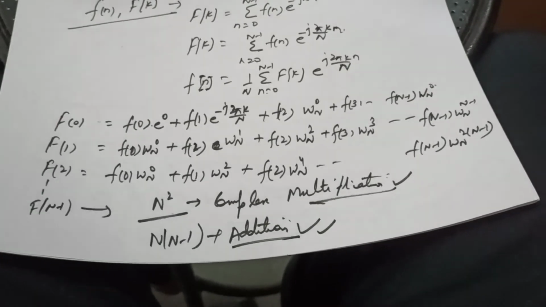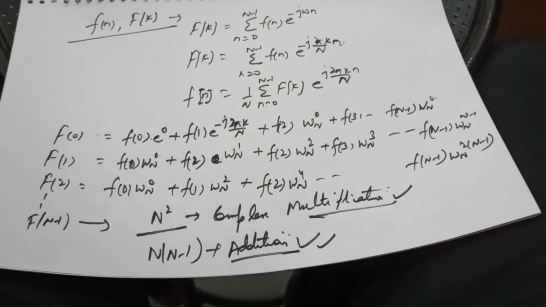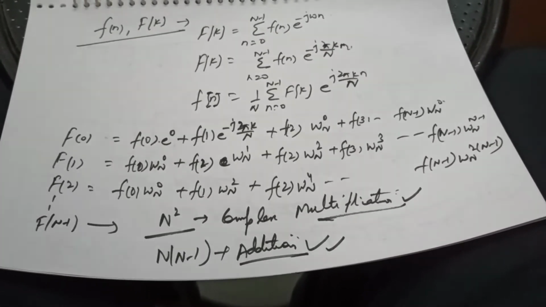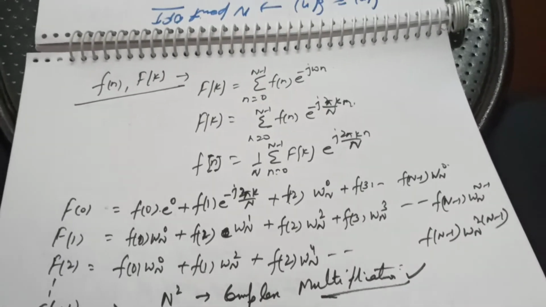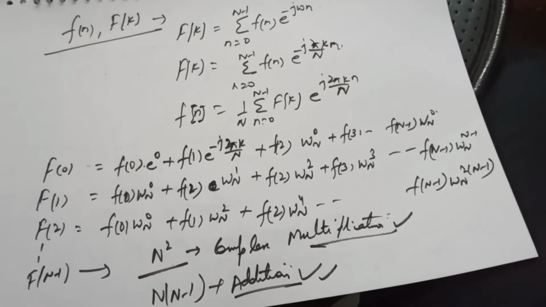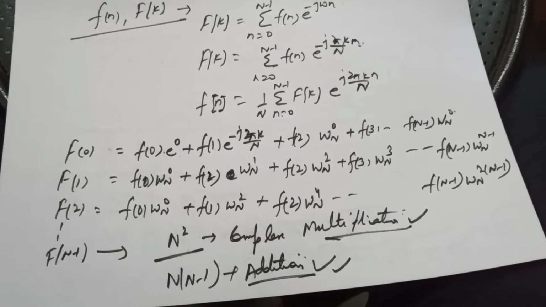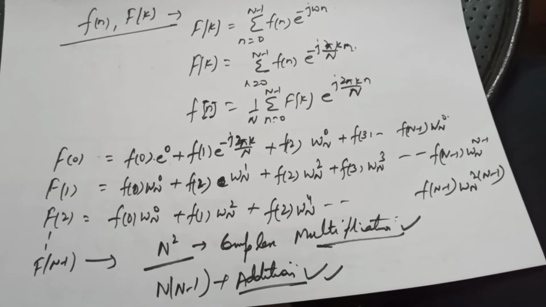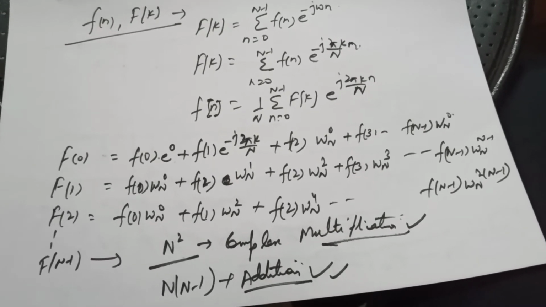Now let's move forward to the number of complex multiplications, that is the multiplications which take place while calculating the discrete Fourier transform, because in so many studies this number plays a vital role. So we have to calculate the total number of complex multiplications. That is very simple and very easy to calculate.